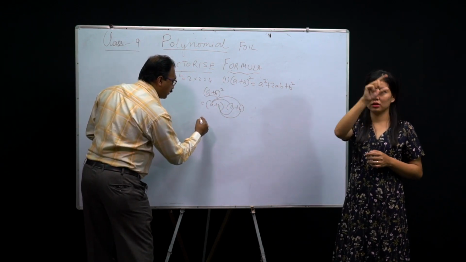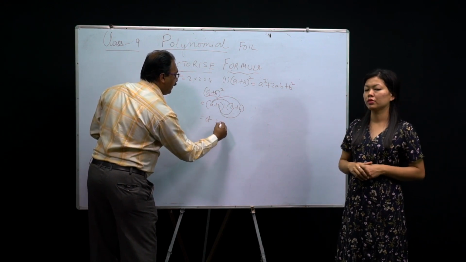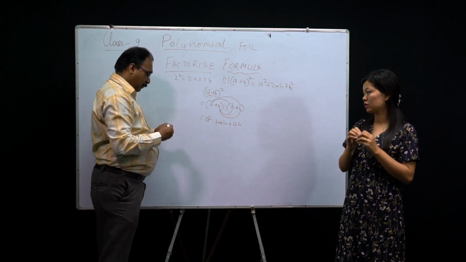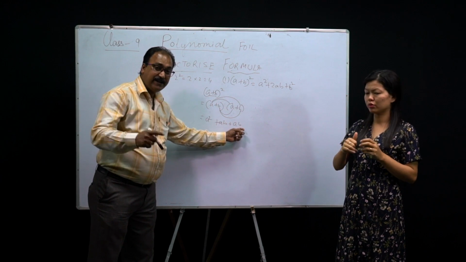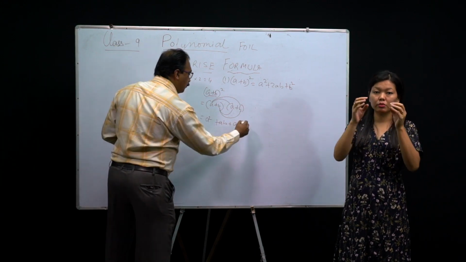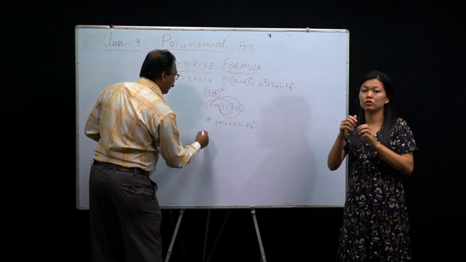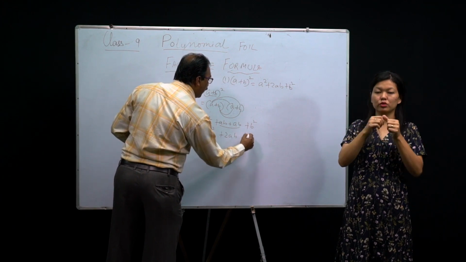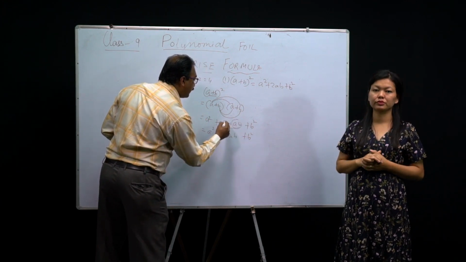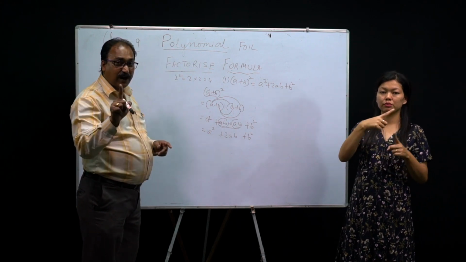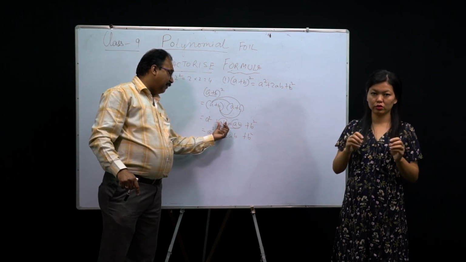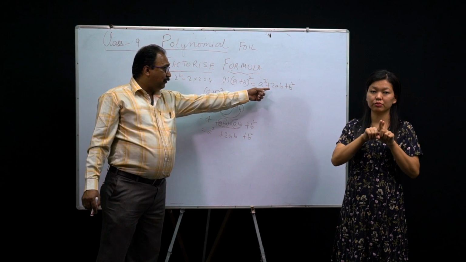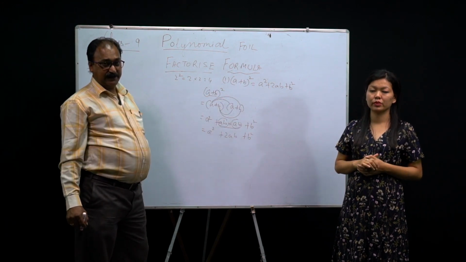So now a square, a into b, ab, again b into a, you write ba or ab. Why am I writing ab, ba same? Because I am writing ab in alphabetical order, first a then b, clear? Then b into b, plus b square. So what will be that? A square, ab plus ab is 2ab, and plus b square. See, like terms we can add, unlike terms we cannot add. Just like one mango, another mango, two mango. AB just like a mango, isn't it? So look at here, we got the same answer. So this is the way we can get.